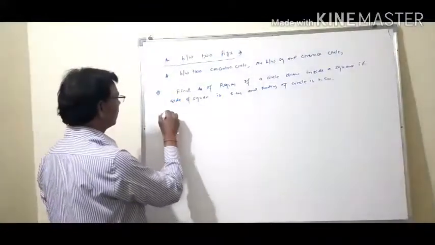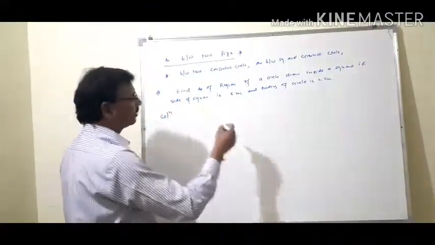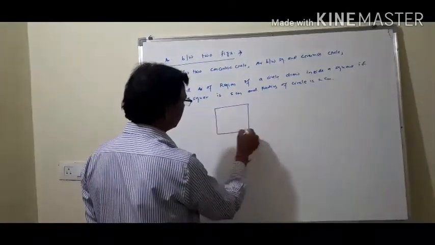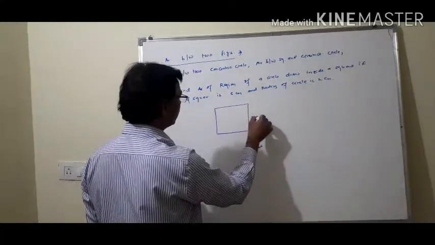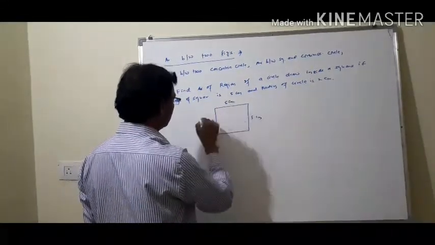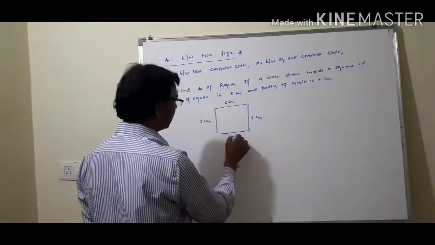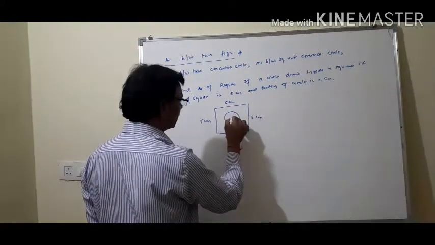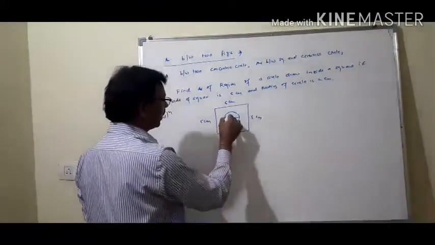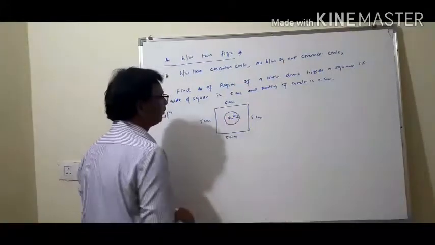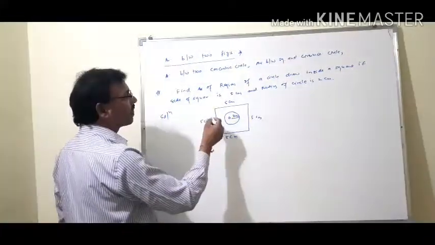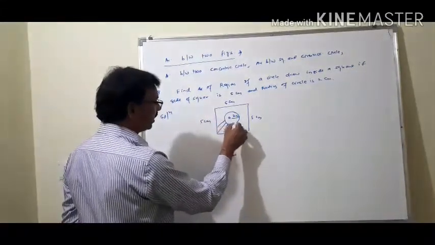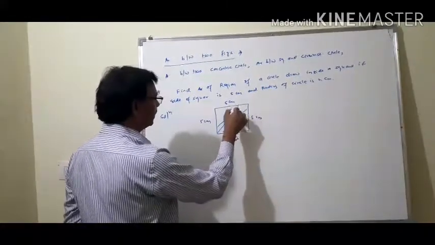As you see here, since the circle is inside the square, suppose this is a square whose side is 5 centimeter, each side will be 5 centimeter, and the radius of the circle which is inside the square is 2 centimeter. What will be the region between the circle and the square, that is this region? If we find the area of this region,